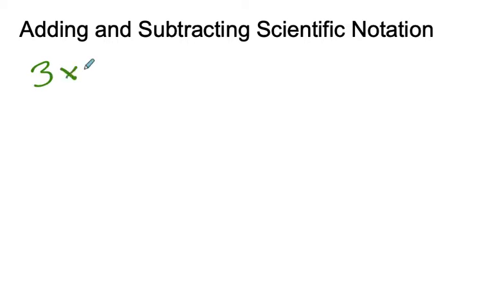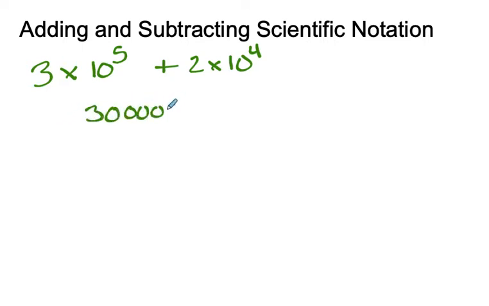So let's say I have 3 times 10 to the 5th plus 2 times 10 to the 4th. Honestly, one of the easiest ways is just write out the numbers. This is here. I've moved it 5 spots. And this one is this. When I do that, I notice when I line up these decimals over here, the numbers aren't the